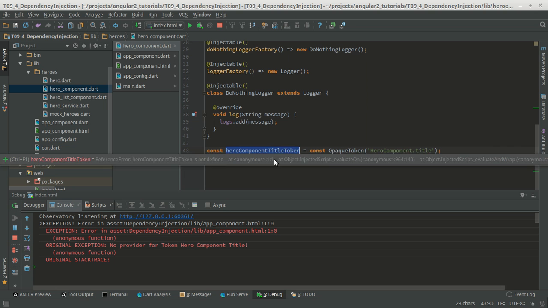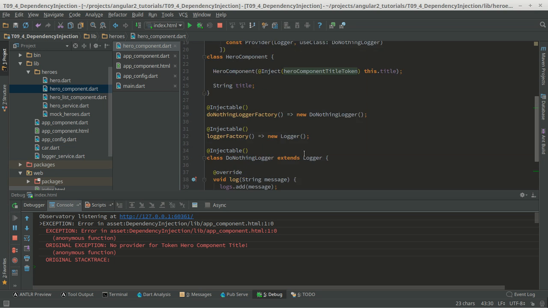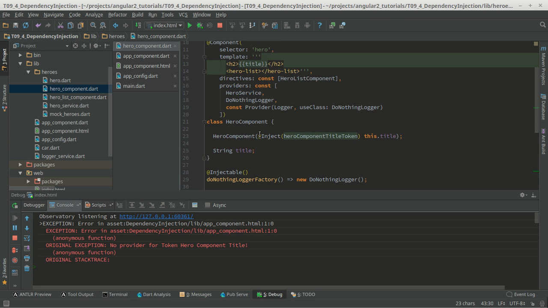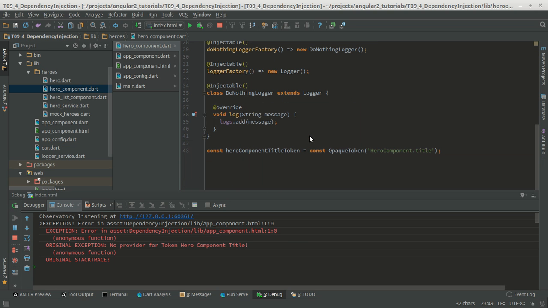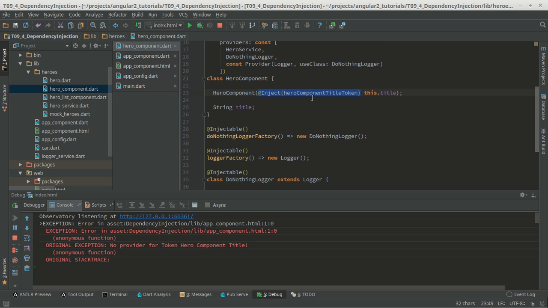This is more verbose, more specific, that you're passing a token to this value. So in this way, any component could expect any value into the constructor, and it doesn't need to be another class or another component. It can just be a value in this way,